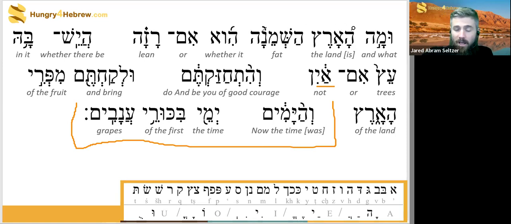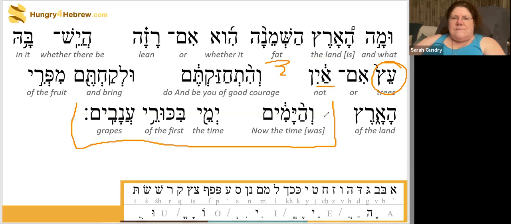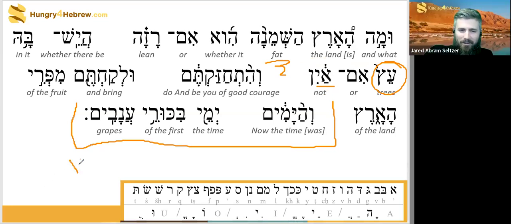Is the land shmena? Well, we think of it being fat, but the idea being fertile, rich. Im raza, if somebody is thin, they are razeh, or if it is a woman, raza. So this is the idea of lacking. Is the land fertile or is she lacking? Hayesh, is there ba'etz o ayin? Is there a tree or what is that? Or not? Yeah, this is the same word as ein.